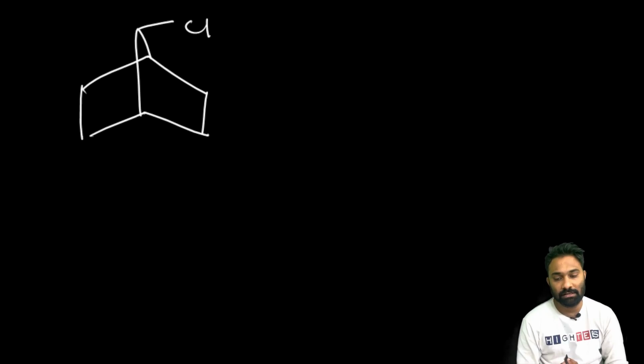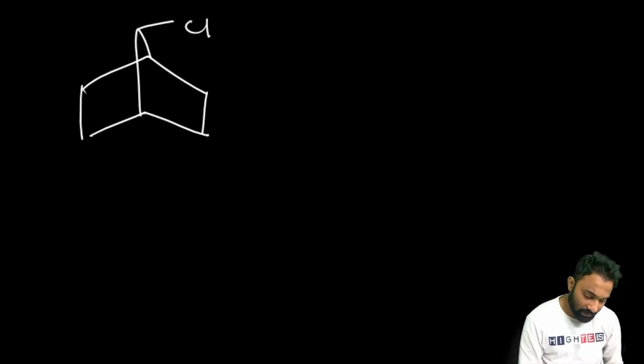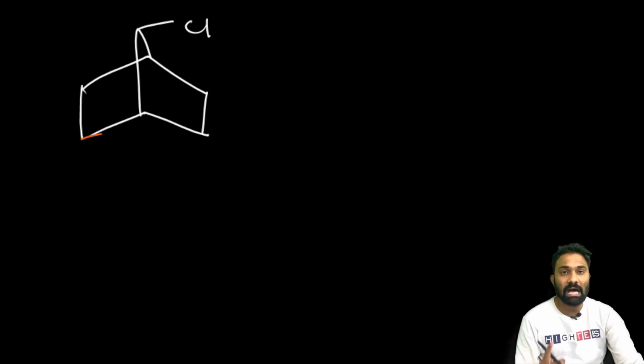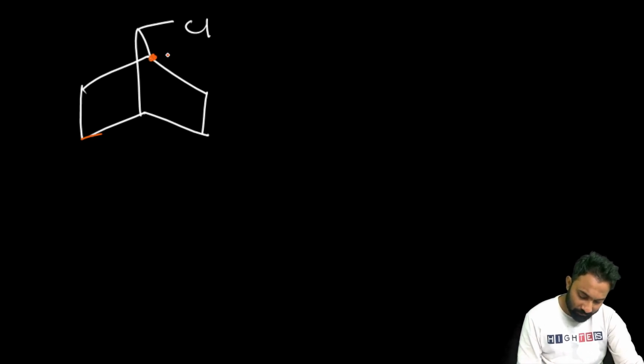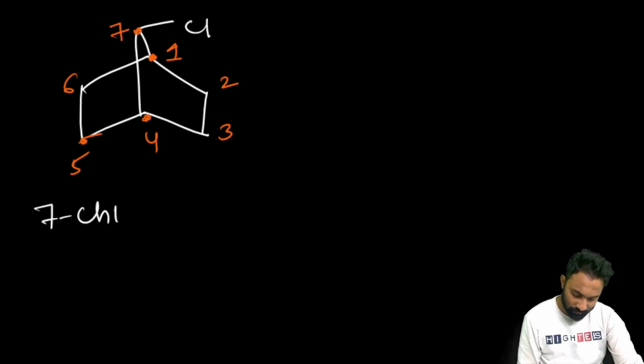Suppose they have given it in this manner, and the substituent here is a Cl. Now what I said: whatever substituent or anything else may be present, the bridged carbon should be the last priority. Then you can choose the numbering here: 1, 2, 3, 4, 5, 6, and here it is 7. Then how to write the naming for this one? 7 chloro